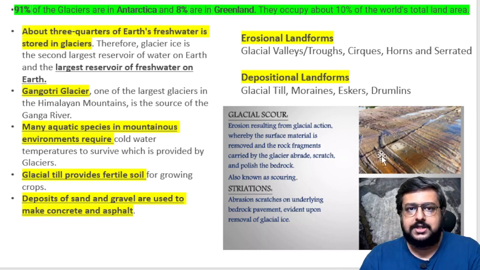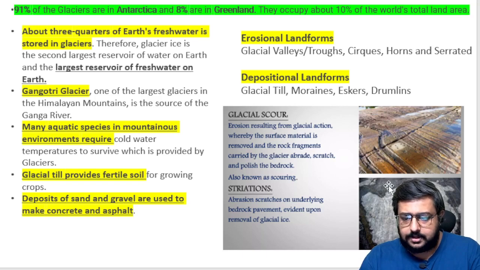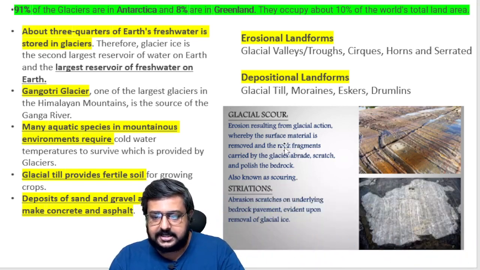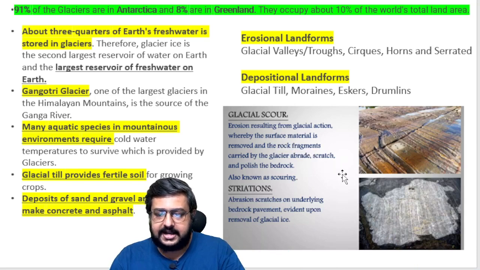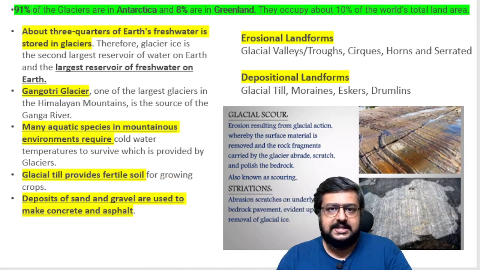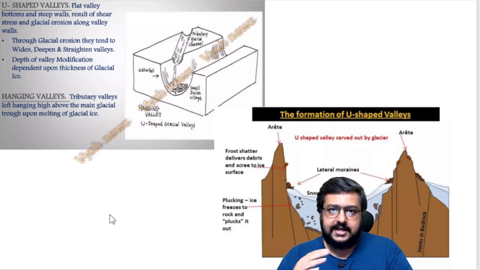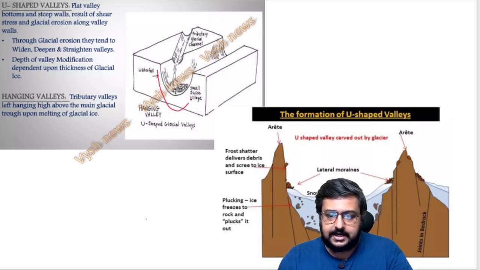And then here again, erosional feature, you can see the picture behind me. Suppose the glacier itself has totally eroded, and then what will be there at the bottom? That surface, after the glacial action, the surface material is removed and the rock fragments are carried away by scratching and polishing, and that area is called scour or striations. Again, you cannot memorize every term, but for geography optional people, this will be a very important topic. In prelims till now I did not see this level of difficult question coming, but it is sometimes mentioned in the textbooks. Okay, then again the valleys, through erosion, when the mud goes away, if it is somewhere at the top, meaning it is hanging, it is not at the base. If it is at the base like this, it is a U-shaped valley.